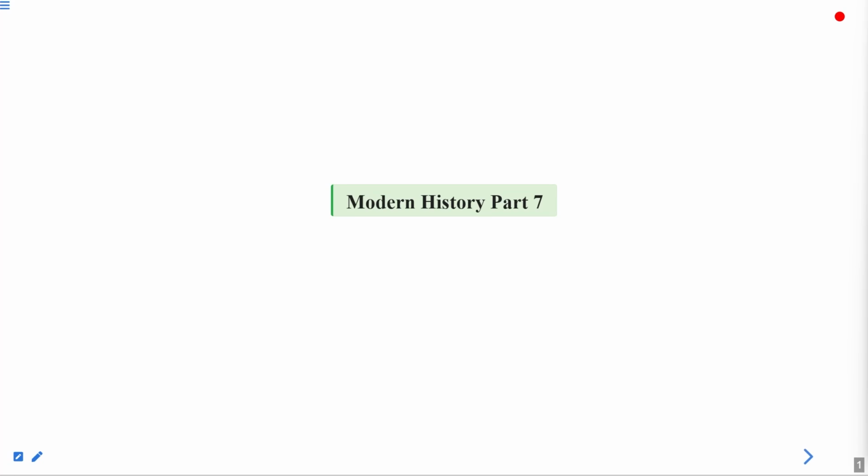In today's session, we are going to discuss some other topics related to modern history that had not been covered so far. So far, we have covered a lot of topics regarding the independence era, the movements, the social and religious reforms, and now let's see what we have further. So before we start,